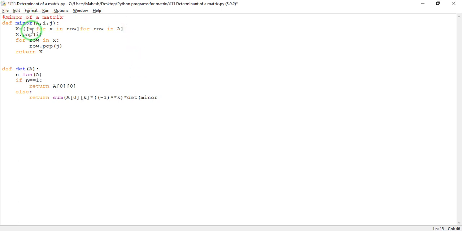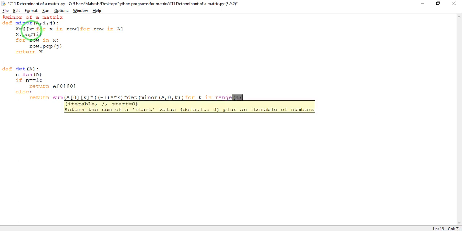So minor of the matrix A, bracket A, we will take the 0th row, that is the first row, and then it will vary over k, and this k will vary, let us say, for k in range n, and we have defined n to be the length of A, the number of vectors in A.